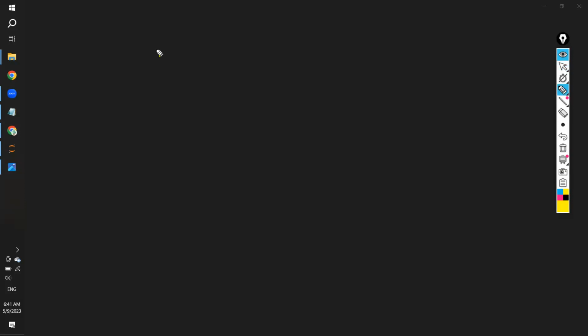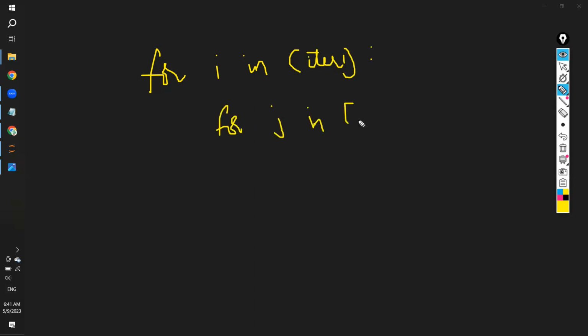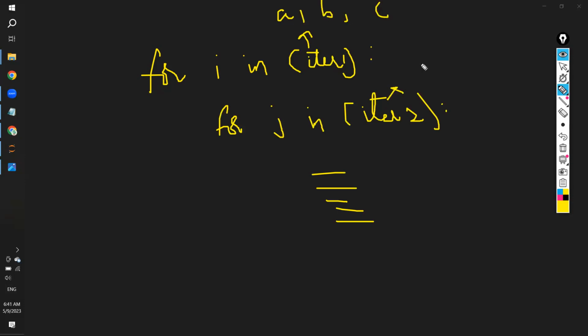If you have for i in some iterator, and then for j in some iterator too, with some statements inside, and if the first iterator has items a b c, and the second has items x y z,